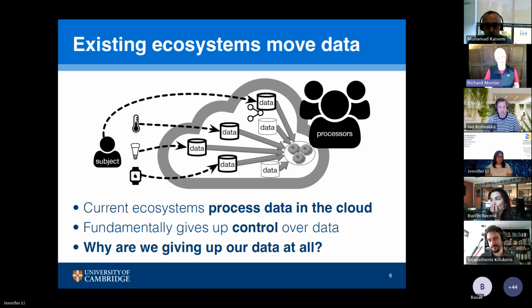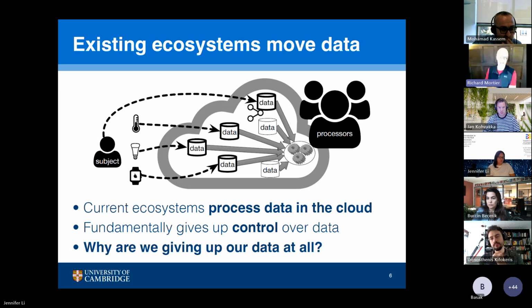And one of the key observations that we made is that basically all existing systems that were current at the time, and most of them now, again, this is changing slightly over the last couple of years, move the data around. So it's essentially cheap, if not free, to many people's perspective, to move data. And so you tend to see data being taken from sensors that are deployed around the world, whether it's mobile phones, IoT sensors, data sources in banks, credit cards, etc. And that data is taken from where it's generated and moved into the cloud.